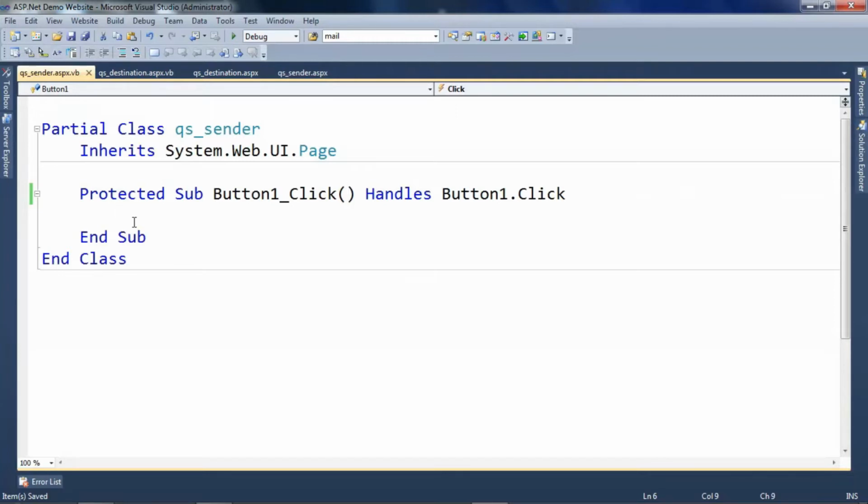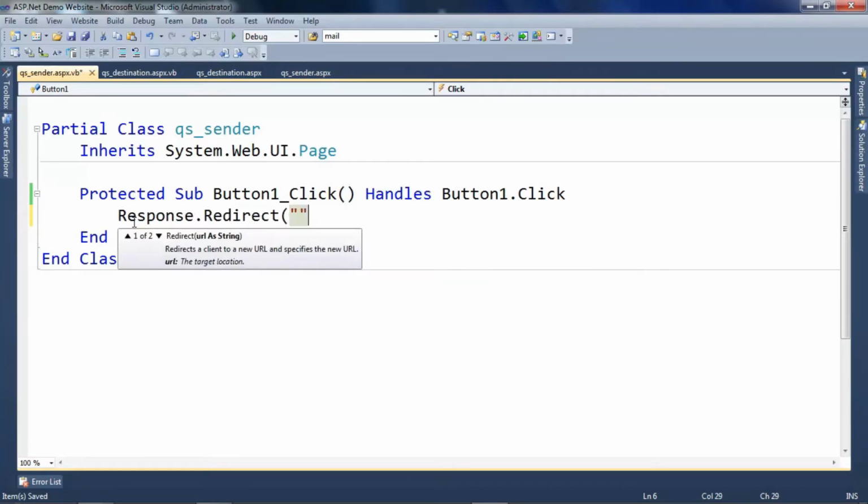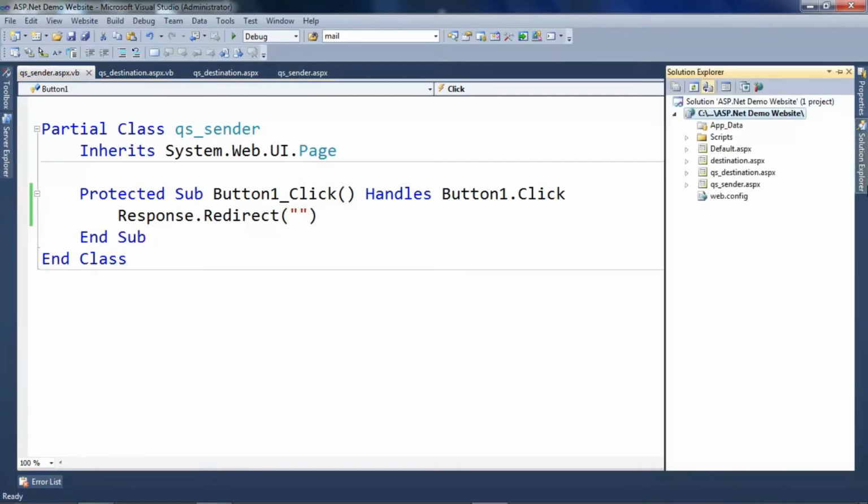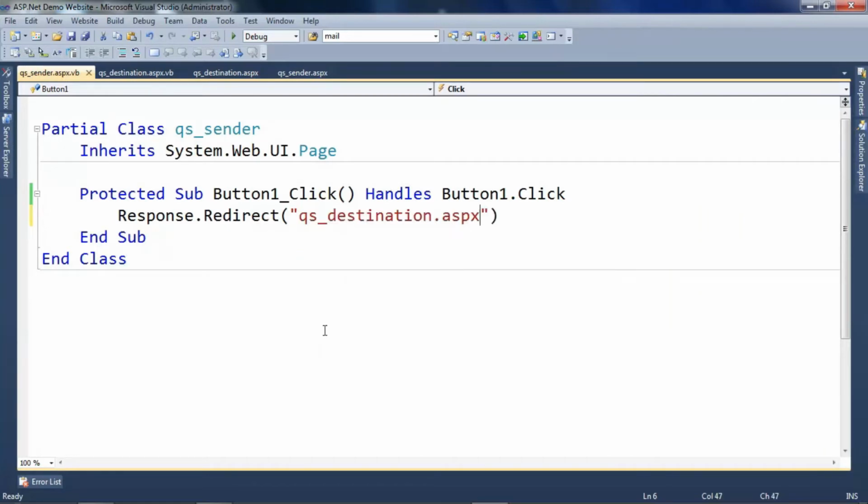And if you can recall the syntax of sending the data, as we are sending the data along with the page, we will say Response.Redirect, and in the double quotes I will give the destination. Now to avoid spelling errors, I'll right click on this page, rename it, then click on it and paste it over here. So I cannot have any sort of error typing the URL or page name.